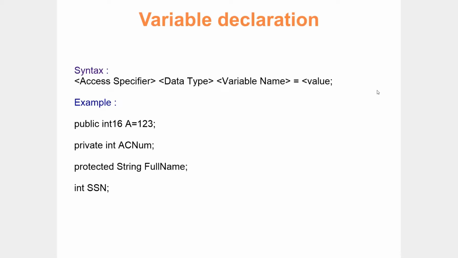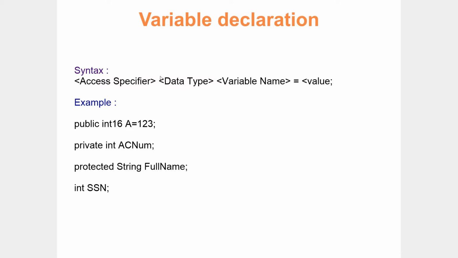Okay, so today we'll see how to define a variable in the C Sharp environment and how to write a simple program in C Sharp. As we discussed in the last class, a variable declaration should be defined like this. When you talk about the syntax, a variable declaration contains four different parts: access specifier, data type, variable name, is equal to value.